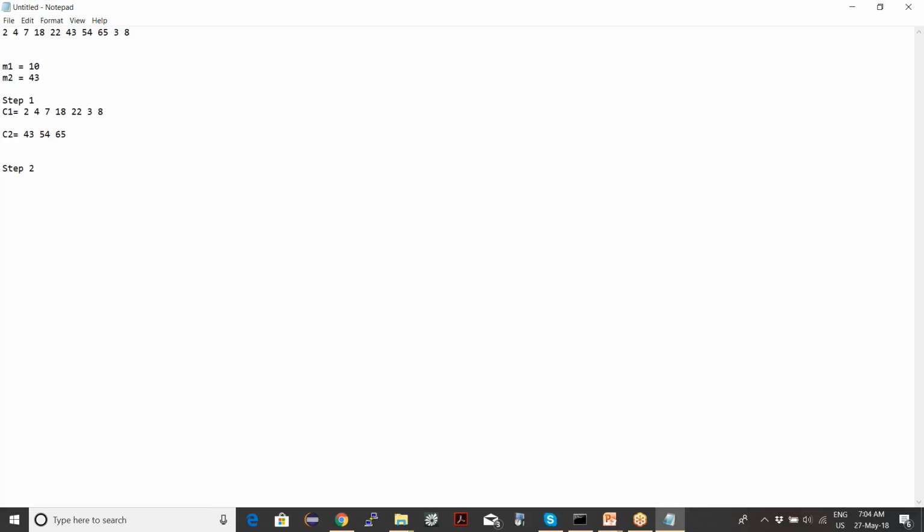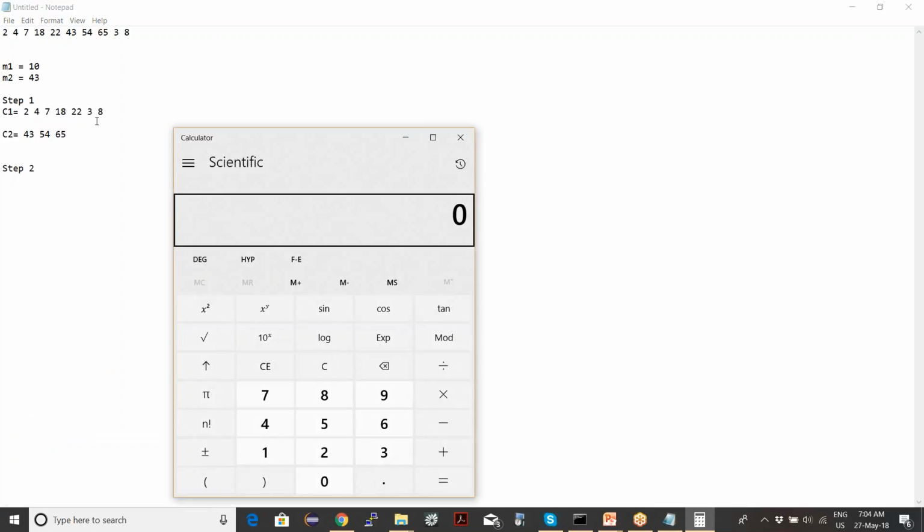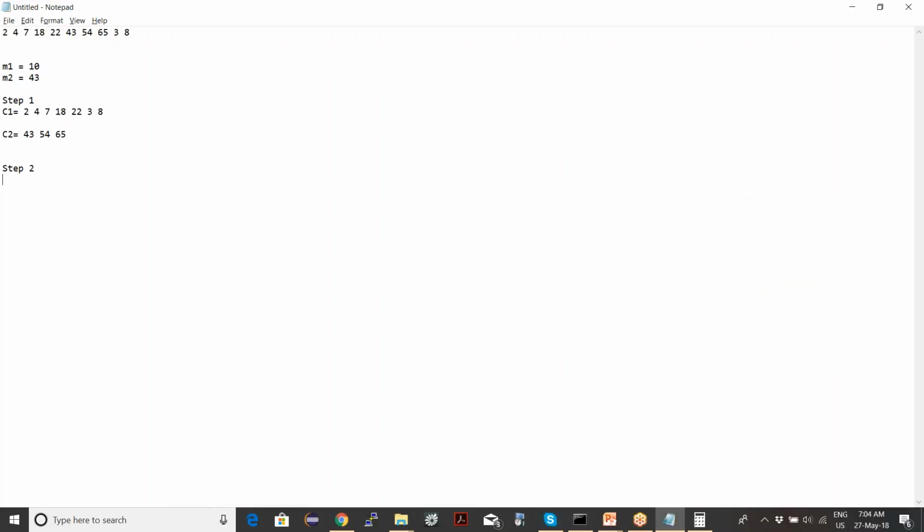The midpoint for this cluster would be the sum of these divided by the number of elements in it, which would be 2 plus 4 plus 7 plus 18 plus 22 plus 3 plus 8 divided by 1, 2, 3, 4, 5, 6, 7. So 9.14.